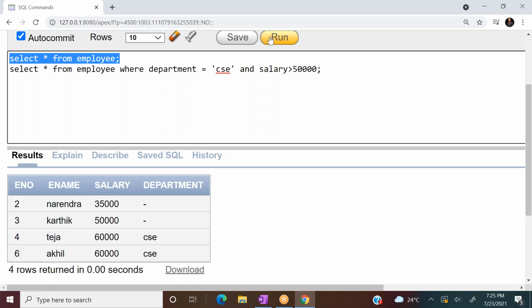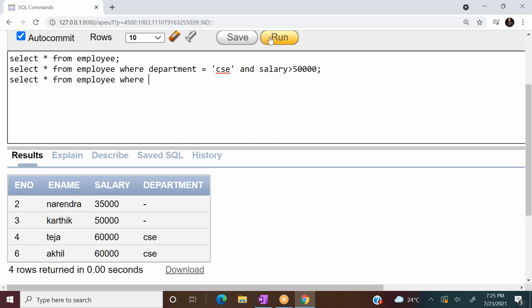Next, my table consists of Narendra, Karthik, Teja, Akhil. Now, suppose I wanted all the employees with salary 35,000 and 50,000. 35,000 is there for Narendra, 50,000 is there for Karthik. So we have to write conditions. How to write the condition?